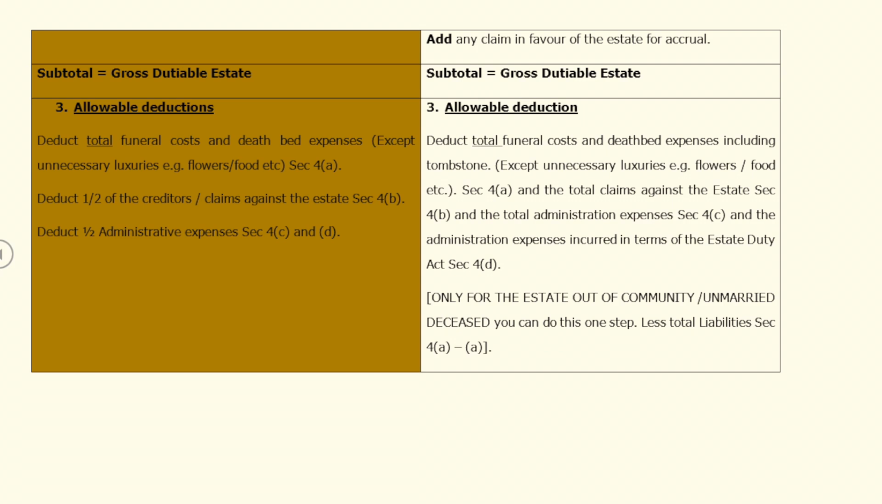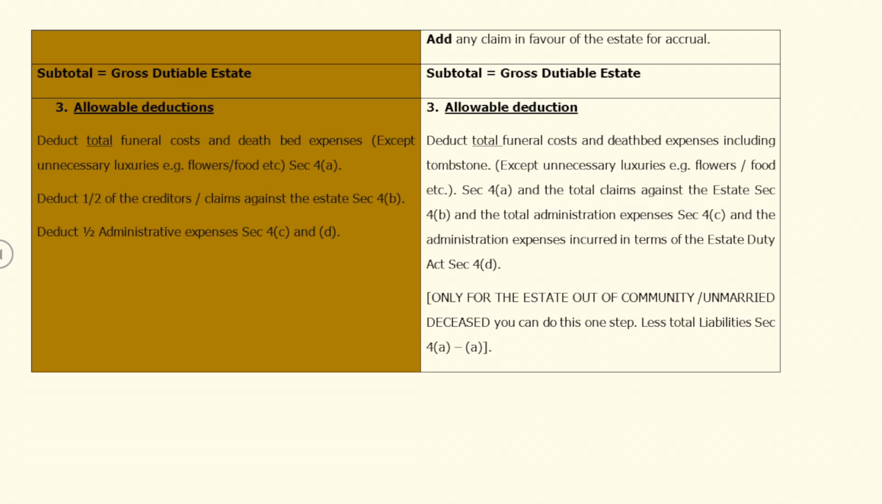And then column B, allowable deductions, you will deduct total funeral costs, that is the expenses including the tombstone, but not unnecessary luxuries. And then, section 4A, the total claims against the estate and the total administration expenses incurred in terms of the Estate Duty Act. Those will be